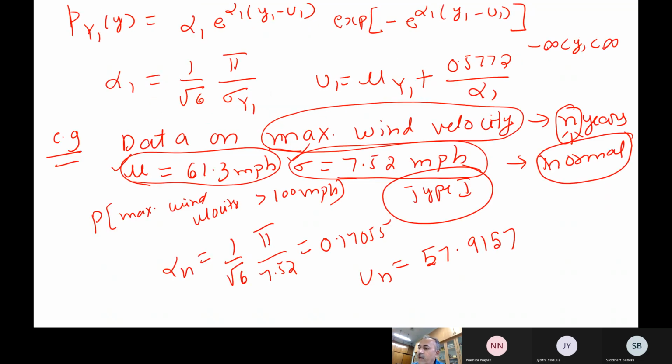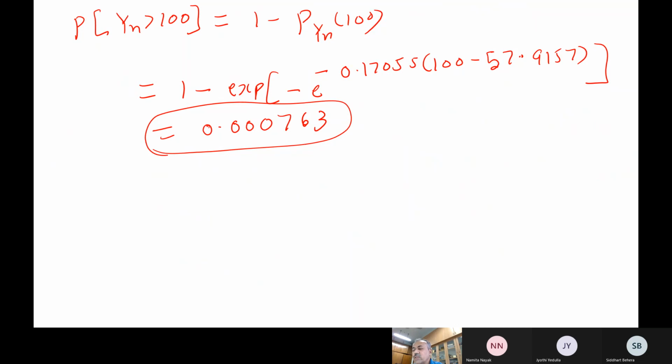So this is how we can use the extreme value distribution. Suppose for the same problem you take all the wind data. Then your mean and standard deviation, I don't know the standard deviation, but the mean will come down, and if you use a normal distribution or something, you may be underestimating these numbers. So this is how we can use the Gumbel distribution in practice.